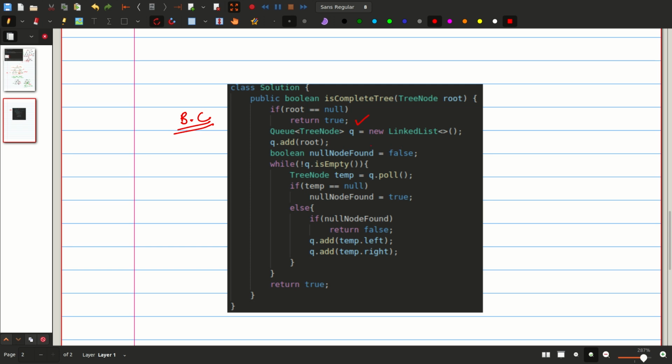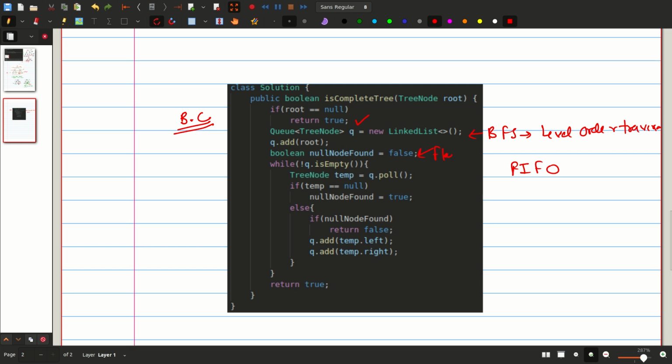So okay, after that, to do a BFS or level order traversal, I need a queue. Okay, you must know the queue data structure. Queue data structure works on the principle of first in first out. Okay, so I added root in my queue and I created a flag here.